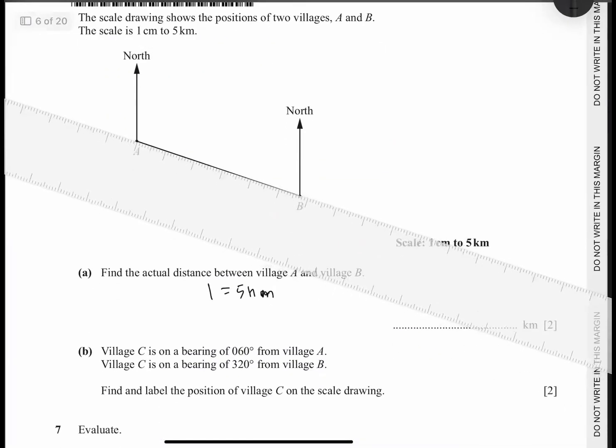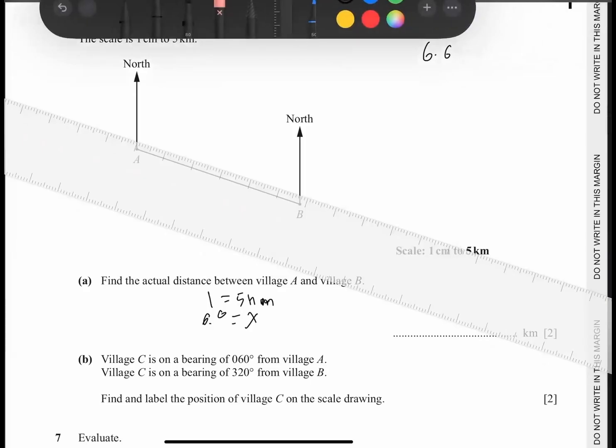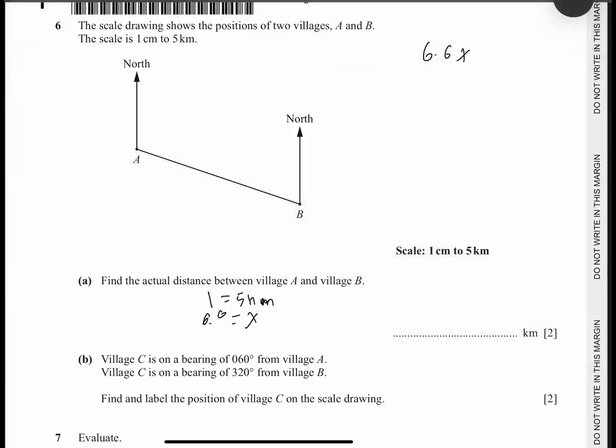Okay, so for this question, we're going to measure this distance. It's approximately 6.6 according to my scale, but your scales would be a bit different since you're doing it on paper. Then we're gonna multiply 6.6 and 5 to get x. We're gonna cross multiply 6.6 and 5. So 6.6 over 5, 30, 33. So we get 33.0,